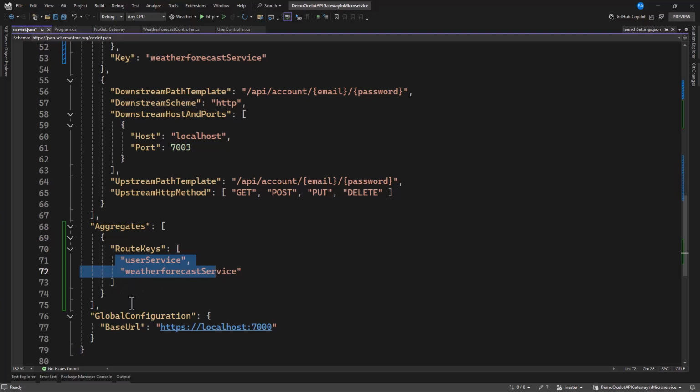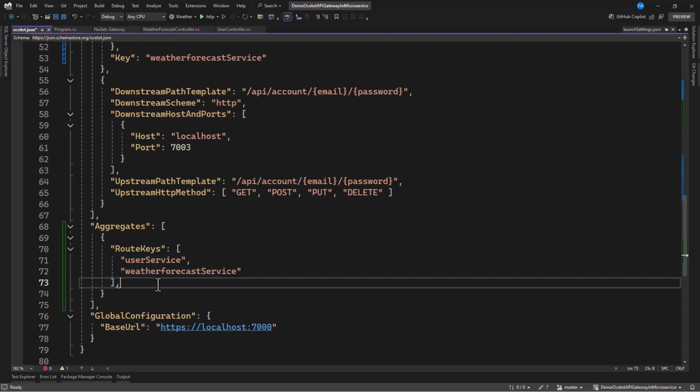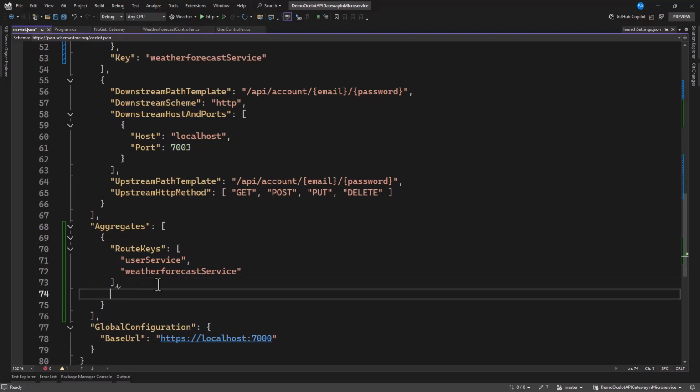So now that we have this, the next thing I'm going to do here is we need to specify what the external client can access. And now we need to specify an upstream. Let's put it in the bracket. We say this is upstream path template.